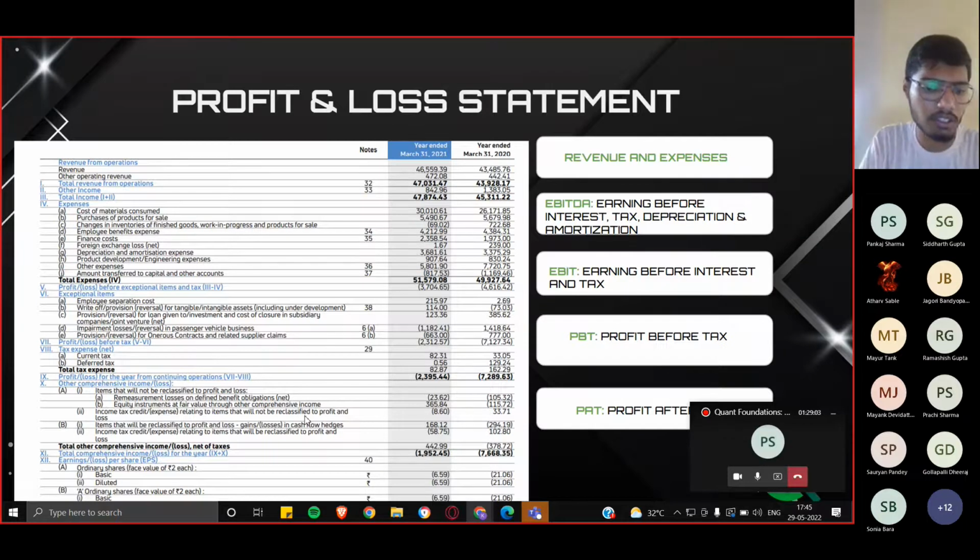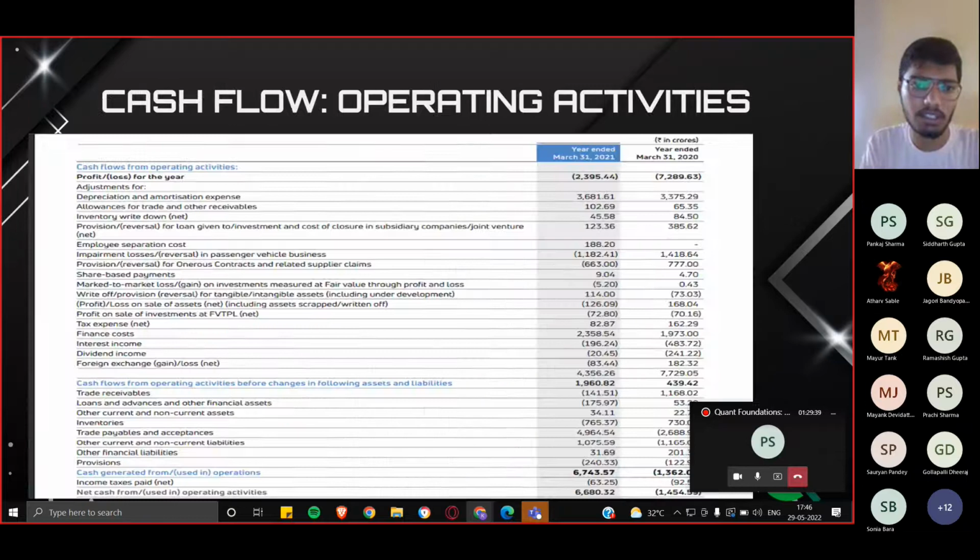Then earnings per share. Here we talk about the profit before tax and after tax incomes. We talk about the profit and loss over the year from continuing operations, the earnings per share, and some other comprehensive income that is written here. Then we come to the total comprehensive income or loss for the year. So this was their profit or loss in that year. Earnings per share I will tell you about later in the next slides.